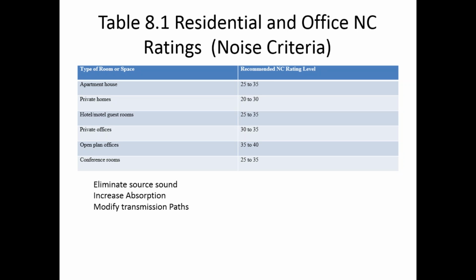we'd want to then increase the absorption properties in either the materials that are built into the environment or by adding in our own acoustical applications such as the Auralex that I showed before or the Armstrong products. And then we want to modify the transmission paths. I think that's going to be best illustrated when we get into the types of paths and how sound travels later in this chapter. So that's just the idea, very simply, modifying a transmission path.